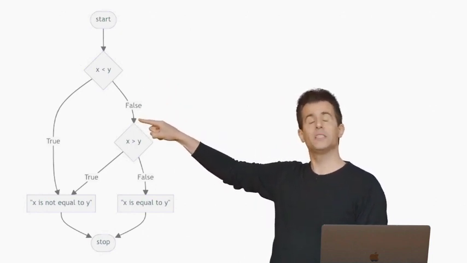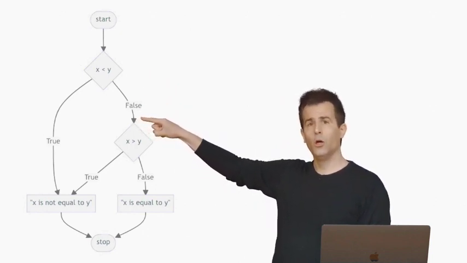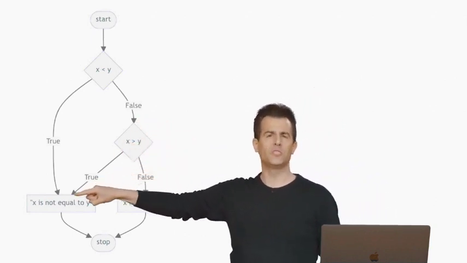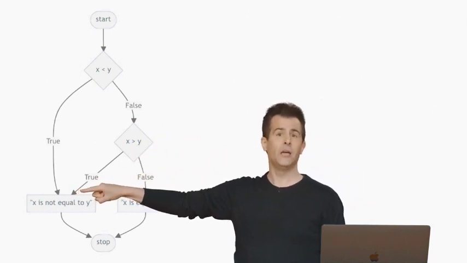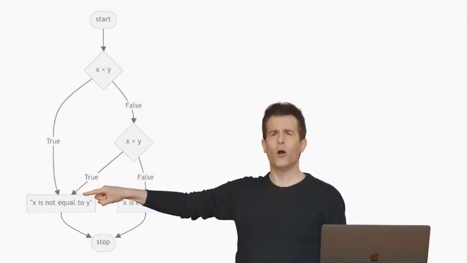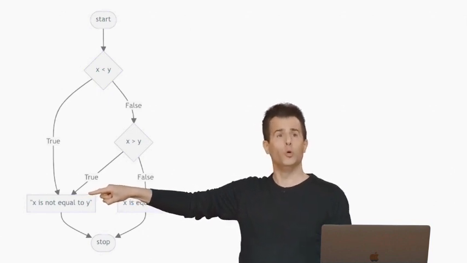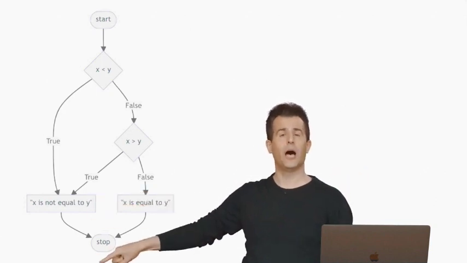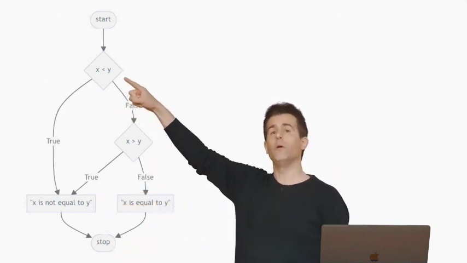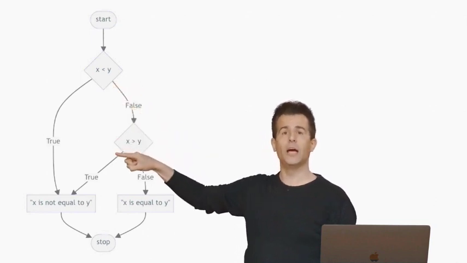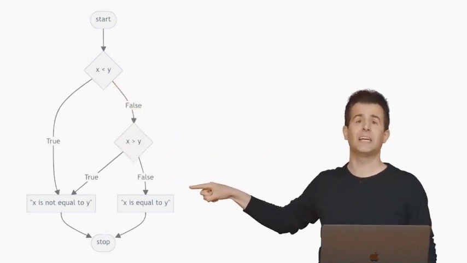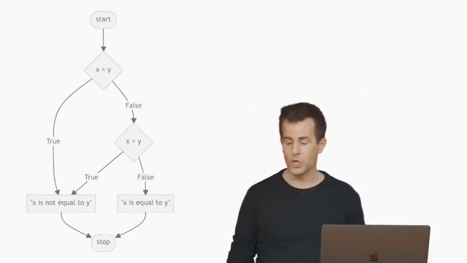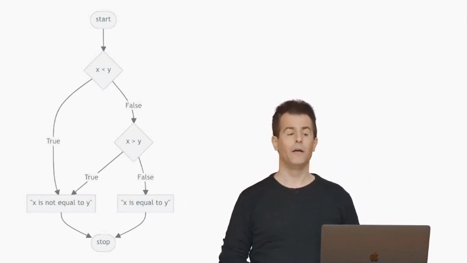So we go here. We ask the second question because of the or, and that asks, is x greater than y? If so, notice this. We can kind of reuse some of the same parts of this picture and just say x is not equal to y. We don't need to add arrows and add boxes unnecessarily. We can reuse lines of code, parts of the picture just as we have lines of code. And then we stop. Lastly, we have the following. If we know that x is not less than y, we know that x is not greater than y, it must be the case that x equals y. We don't need to ask a third question, another diamond. We can just immediately print as much and then say stop as well.